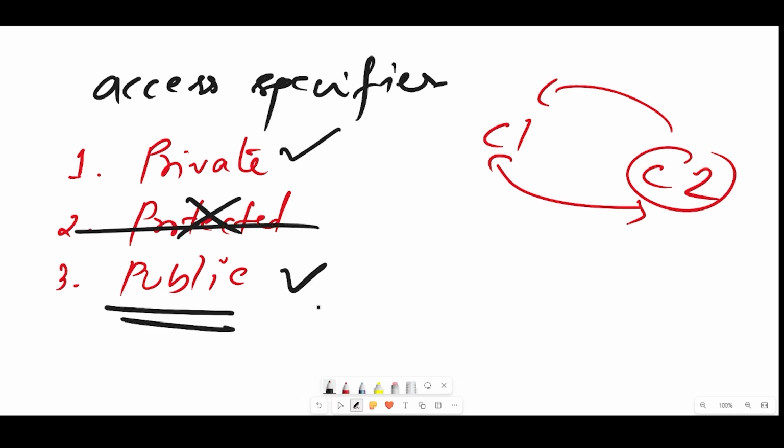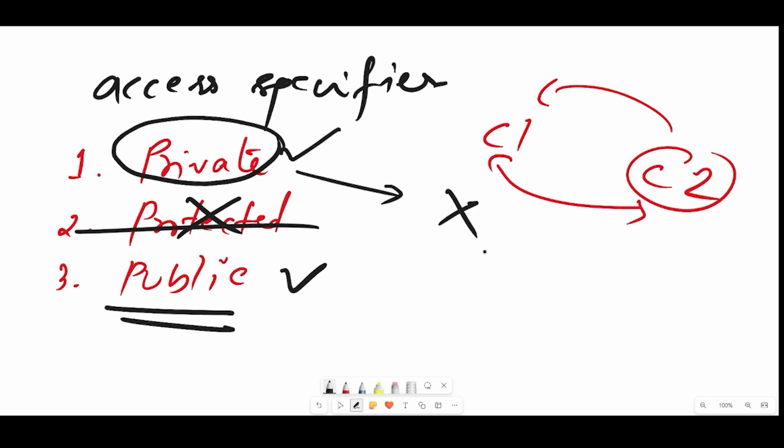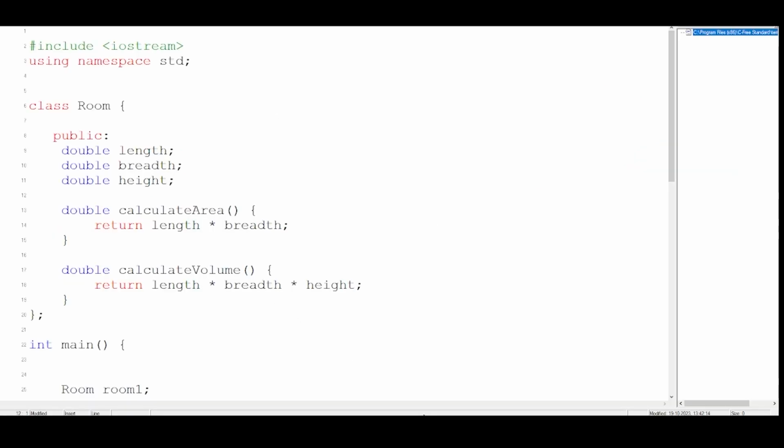Public means it is public. It can be accessed by anyone in the class or maybe even outside, and we have a certain concept of friend class as well. So with that, they can access. When it is private, then it cannot be accessed. These are private members, which will be accessible only through that particular class, not by others. So that is the concept. Here in the program, if we have something which is public, that means all the things inside the public section can be accessed without any issues.